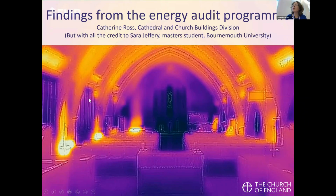Hopefully you're all seeing the thermal imaging camera photograph of the inside of a church. So